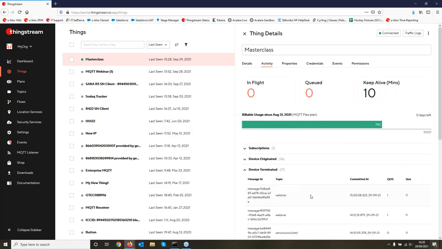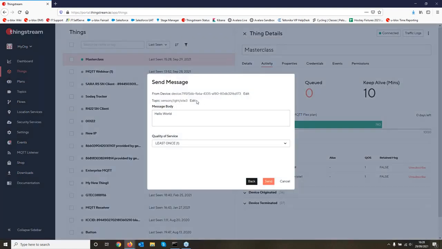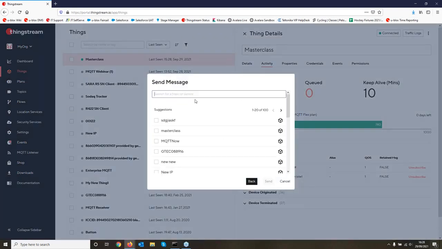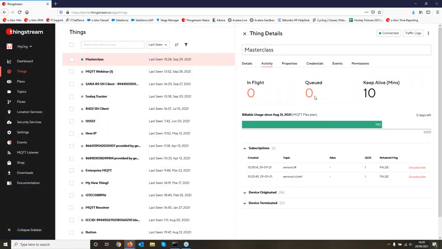So now if I go back to my client, a new subscription will arrive in a second for sensors/hash. And now if I publish a message to sensors/light/site4, then we'll see that message will get queued up for this client now that it's subscribed to the deeper wildcard topic.